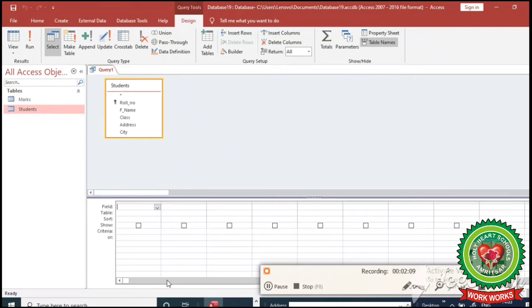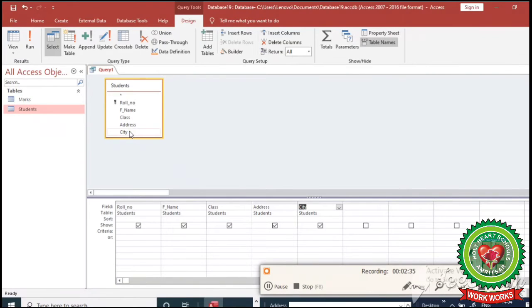Let us understand. First is field. This is a field. The first row of the design grid displays the selected field names from the table. Like I want to add the roll number field, then double click on it, father's name, double click on it, class, address and city.